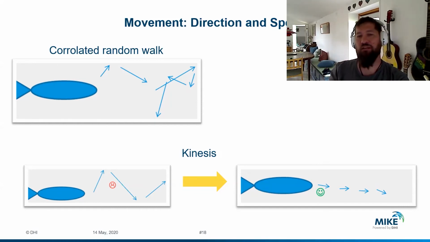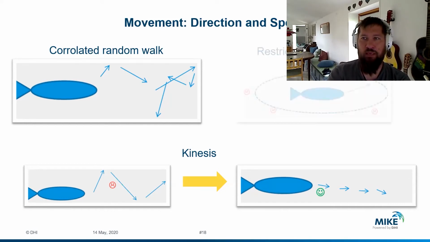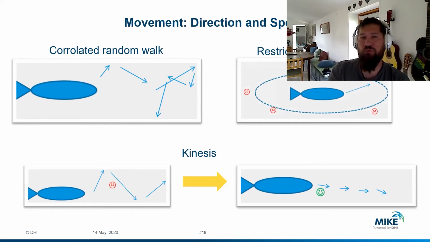But when it then comes into an area where it wants to be, it'll have a more directional movement. This means that it'll optimize its behavior based on the environment that it's in. And lastly, you can also apply something called restricted search function, where it'll search for areas around. Instead of just swinging around looking, it'll actively look by the sensory organs or the sensory algorithms that you put into it, and it'll head for the area mostly desired to be in.